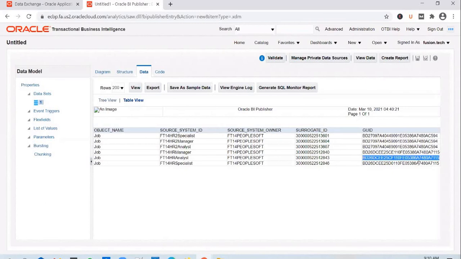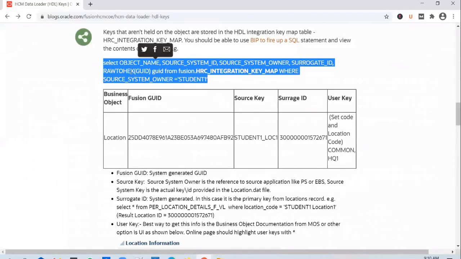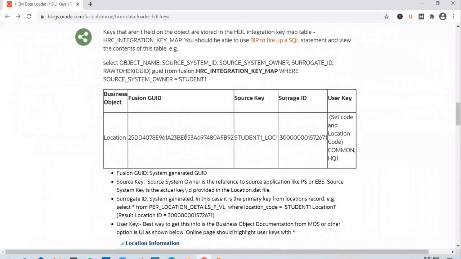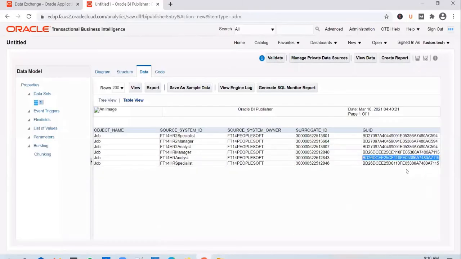So I think they've done some transformation in there. Okay, so these IDs, they're looking like a similar one, but I'm not particularly sure. I think they try to do some conversion here.